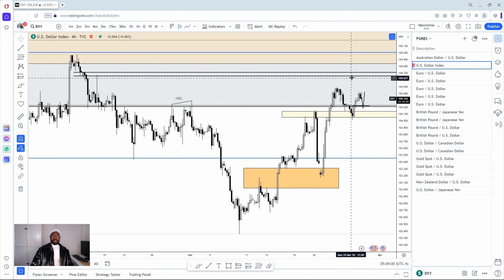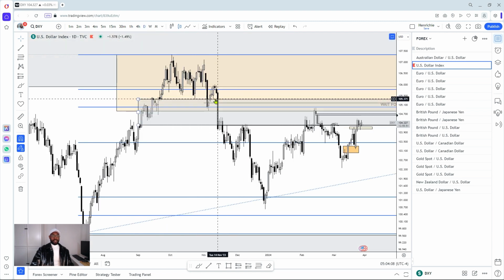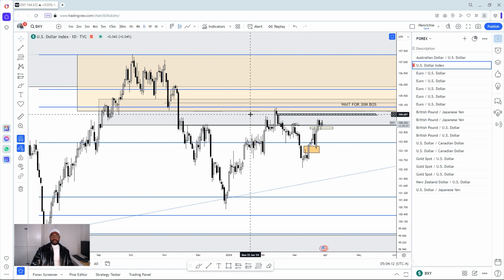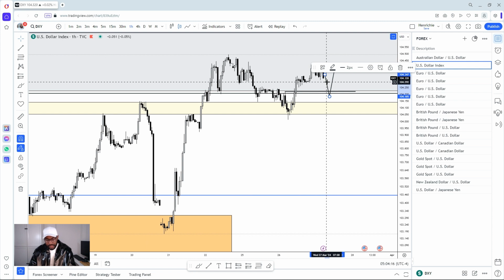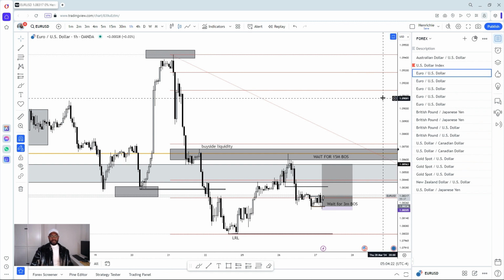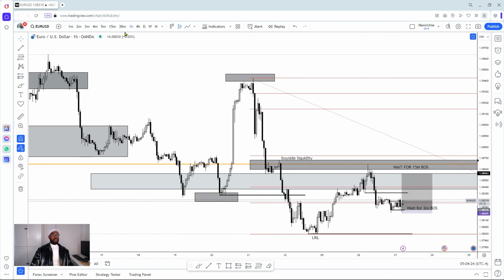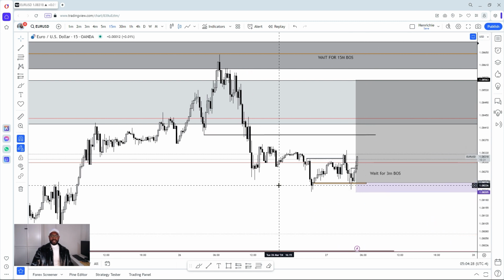And once we're in there, I'm going to be watching it closely to see whether price is going to continue higher to run the buy side liquidity, most likely mitigating the extreme premium inefficiency, bodies of the candle. So that is what I'm looking forward to see on the dollar. So we're going to look at the XXX USD pairs, and we're also going to look at the USD CAD as well. So for euro, I was actually looking at this trade entry right here on euro